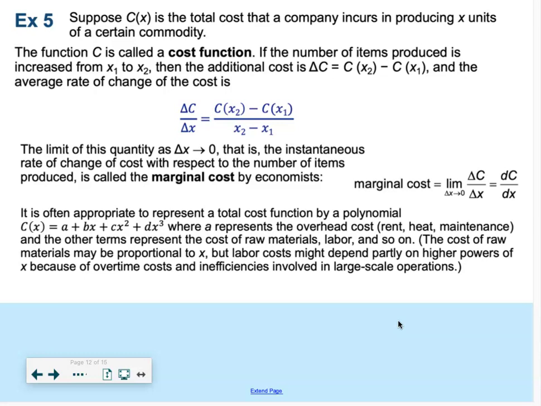It's kind of fun. It is often appropriate to represent total cost as a polynomial where a is your overhead. That's your rent, your heat, your maintenance. And then all the others are multipliers of your numbers of products based on material cost, labor cost, all these different costs associated with creating the product itself. So you build this polynomial based on different factors that go into how much it costs to create the product, and that becomes your overall cost function. All right, so that being said,